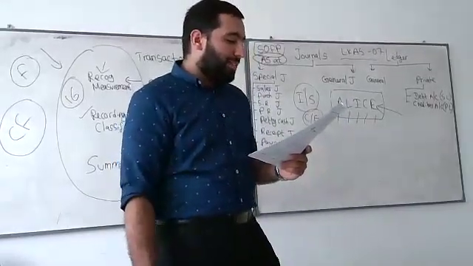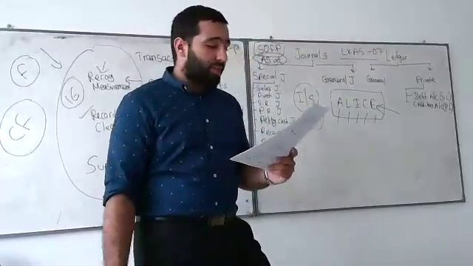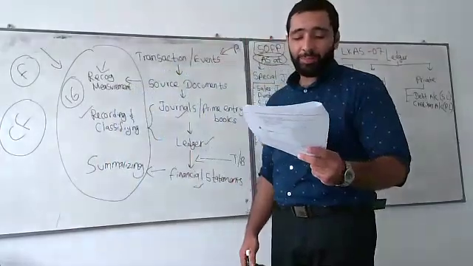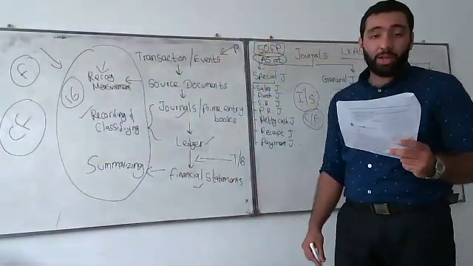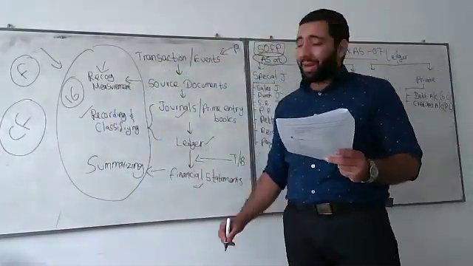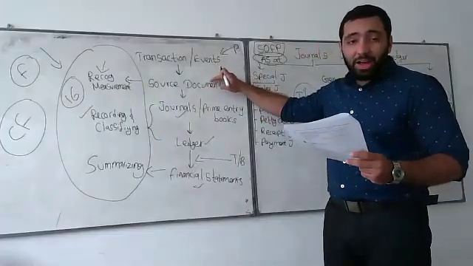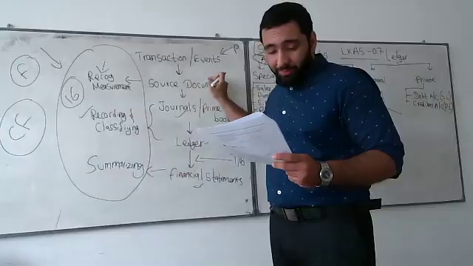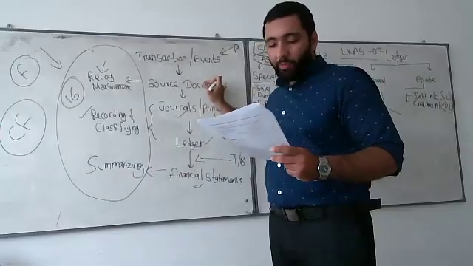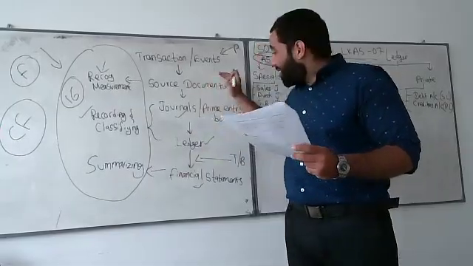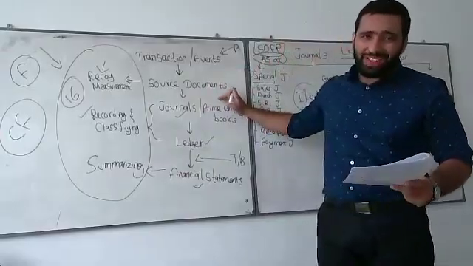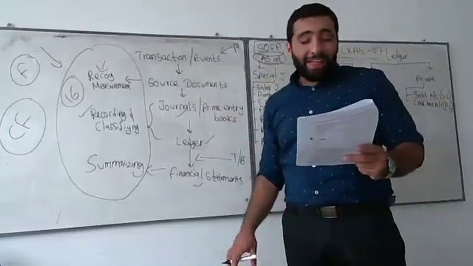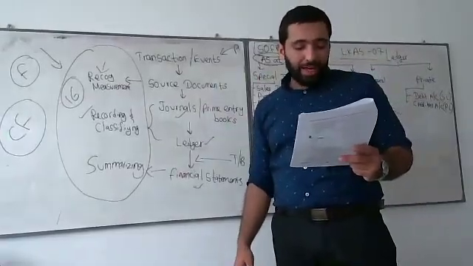Number two, the 2019 advanced level question. What is the correct sequence of the following steps in the accounting process? What is number one? Number one is the preparation of source documents. Yes, very good. What is the next one? Recording transactions in the journal entry book. Very easy. B and C are number 1 and 2. And then what is that? Yes, E.